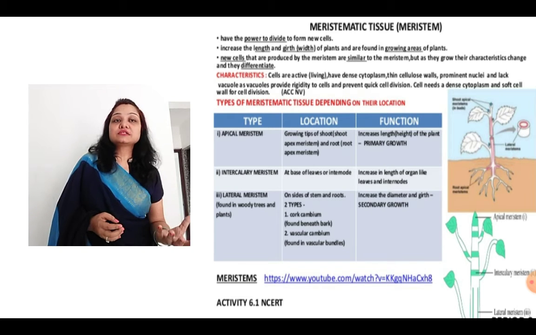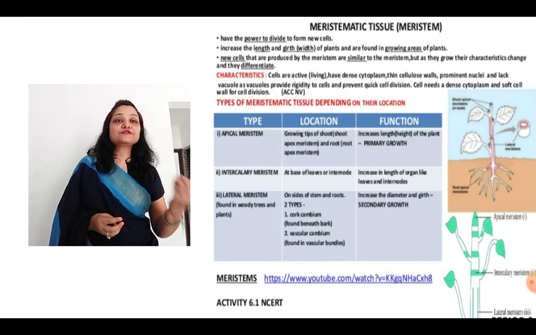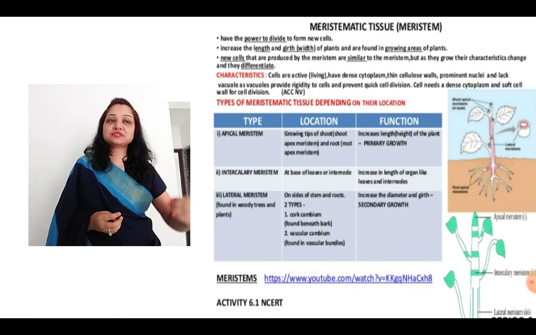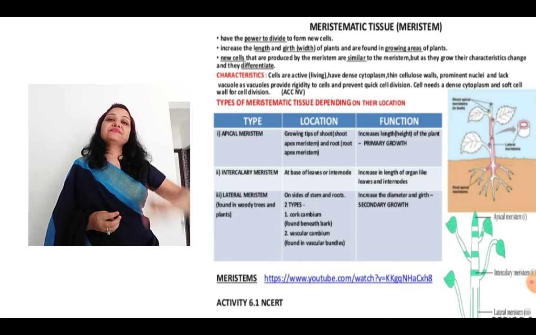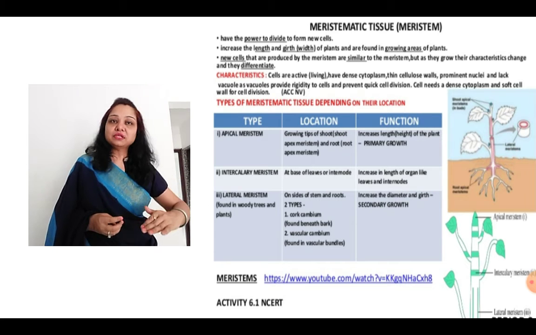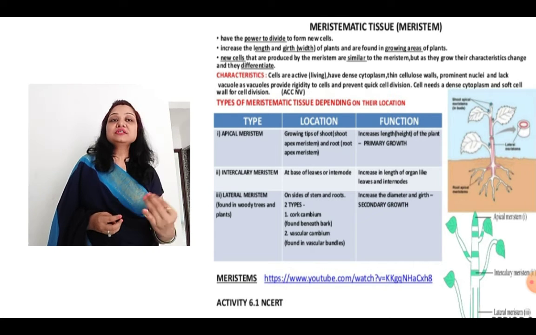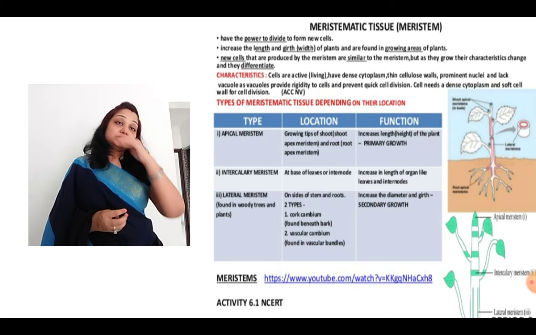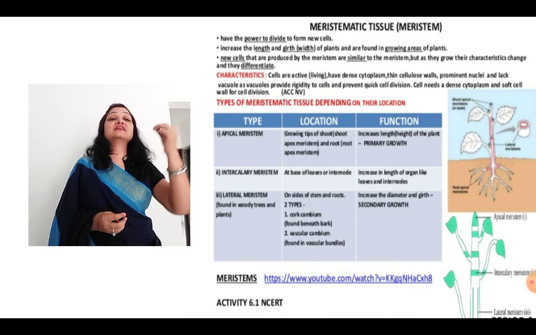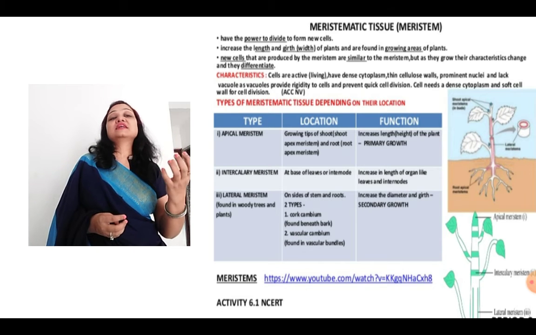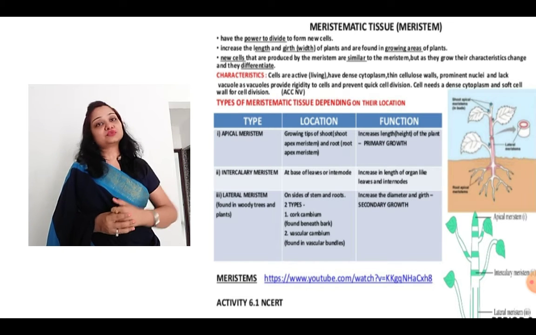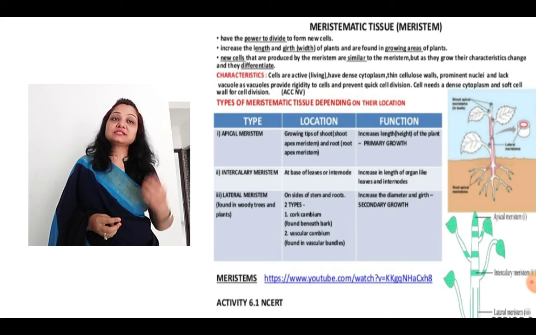It is located on the growing tips of shoot. Shoot and root system of plant, you know. Shoot system is above the ground, root system below, right? So the growing tips of shoots and the root, the growing tips means mainly the endings. There the apical meristem is found, and the main function is to increase the